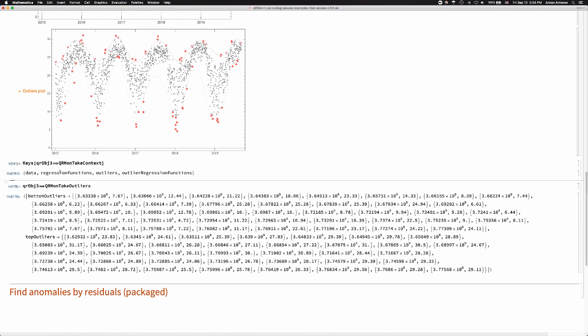And you can see we have the data, the regression functions, the outliers, and the outlier regression functions. The outlier regression functions are put here in gray. They're the ones which we use to find the outliers. When I say QMon take outliers, it's just invoking this. It's just picking this